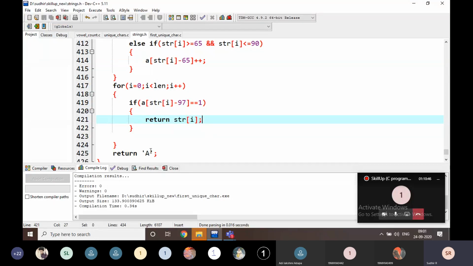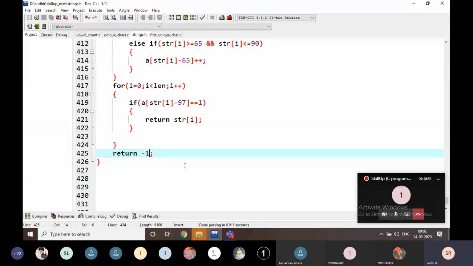If there is no such type of character, I am going to return -1. Okay, I am going to return -1.